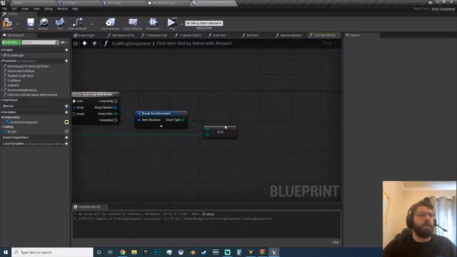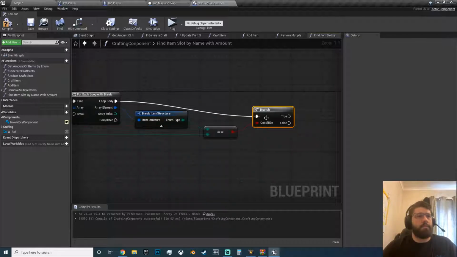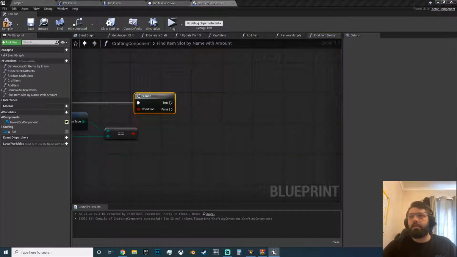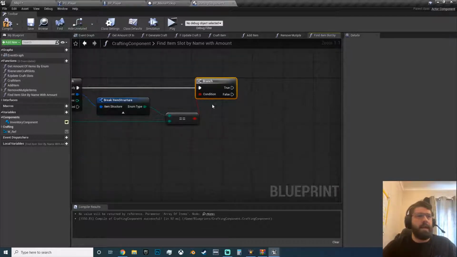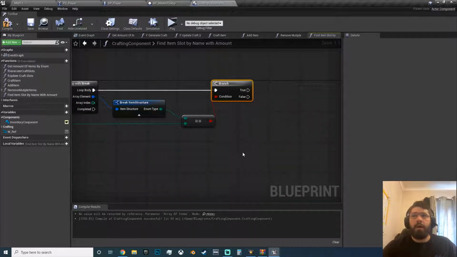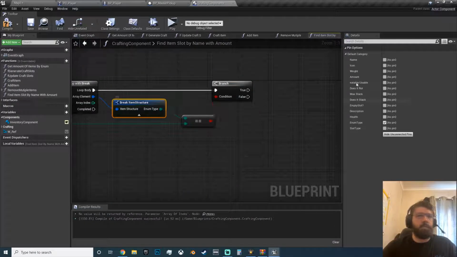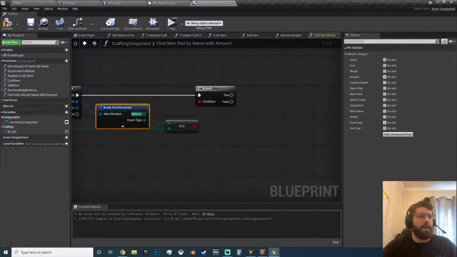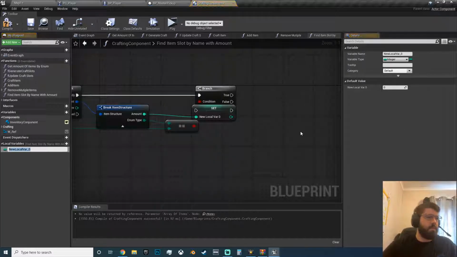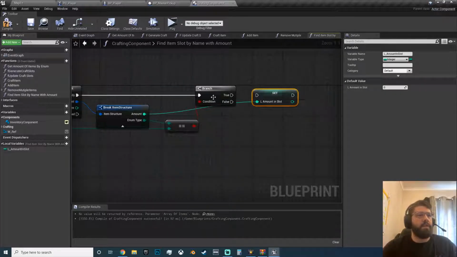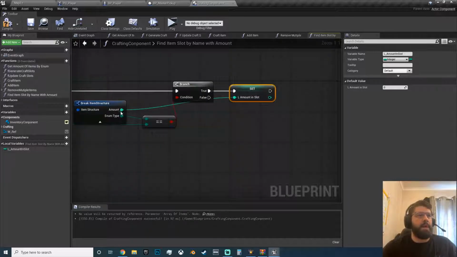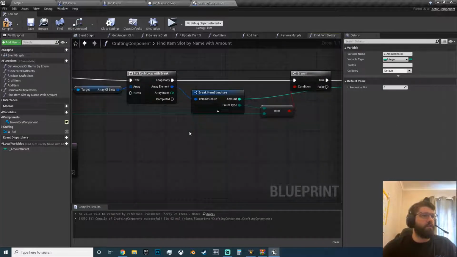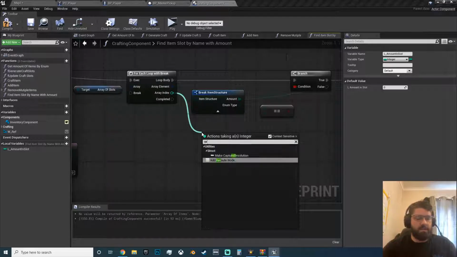Reroute. If this is true, we want to set some variables. So if this is true, I want to know the amount that I have. So we're going to promote that to a local variable, and this is going to be local amount in slot. I want to know the amount. I want to know the slot index that it's in. So let's reroute this round